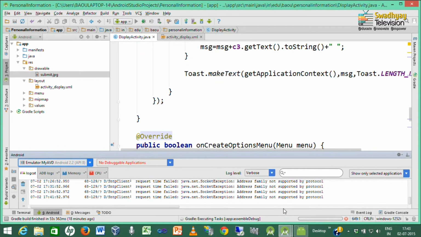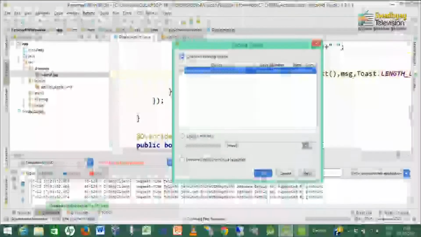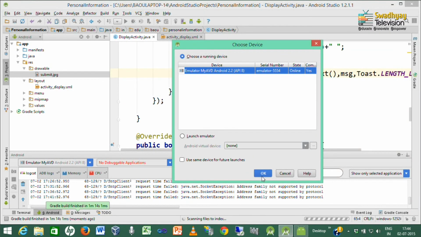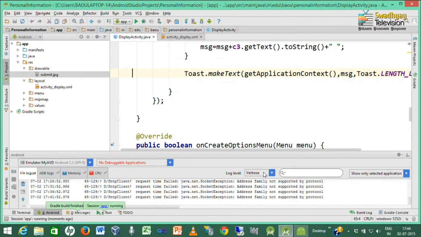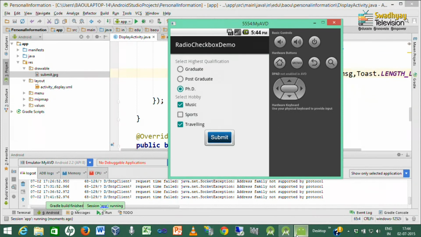It will take some time to launch this application inside the emulator. Here it is asking whether you want to launch inside the running emulator. So, we check this use same device for future launches and then press OK, so that it will never ask you again, and always launch inside this running emulator.